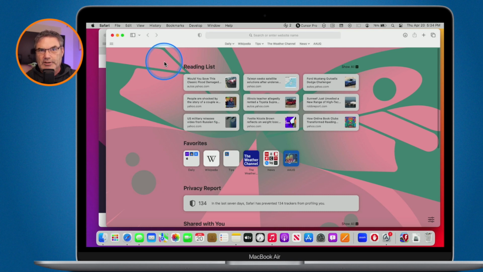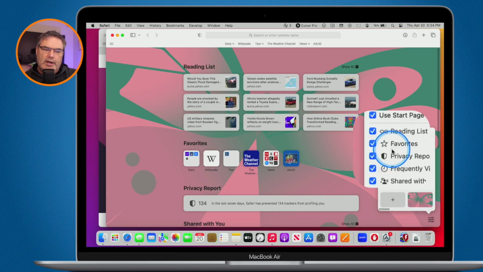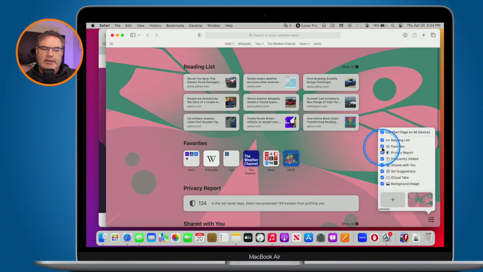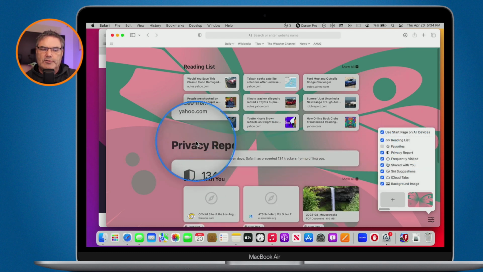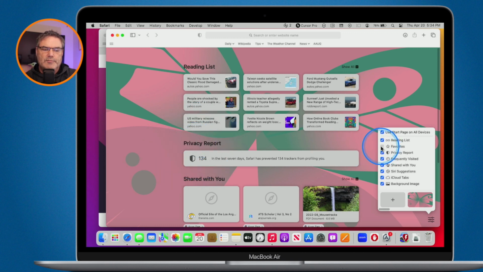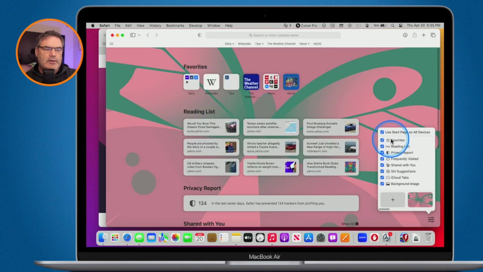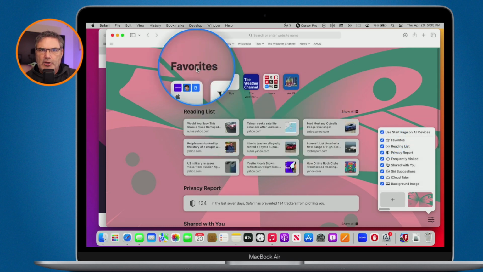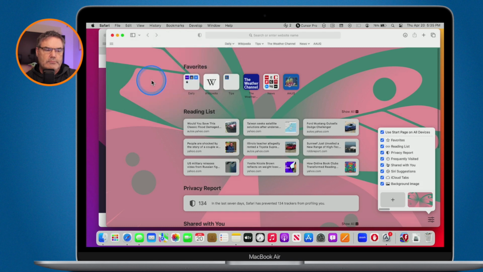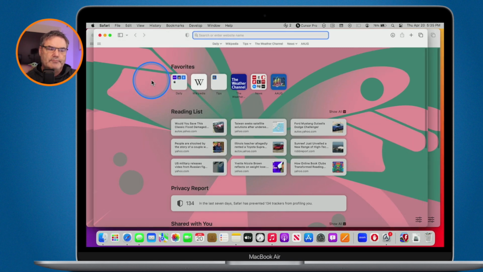Well, basically what you need to do is go to the lower right-hand corner of your start page, and this is where you can customize your start page. When I click on this, I can set what I want to see, and my guess is favorites is turned off. So when I turn this off, you're going to see I no longer have my favorites here. So all you have to do is make sure that that is turned on. If you want it on the top, you can drag this up towards the top, and now my favorites are at the top. Anytime I open up a new start page, my favorites are going to show there.